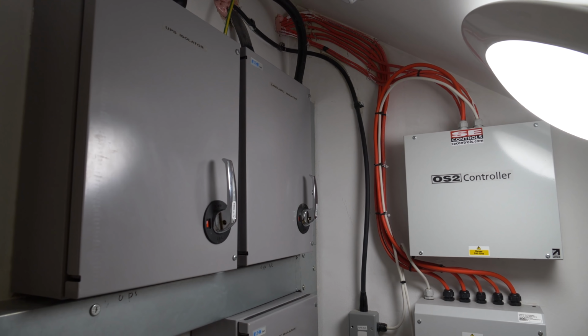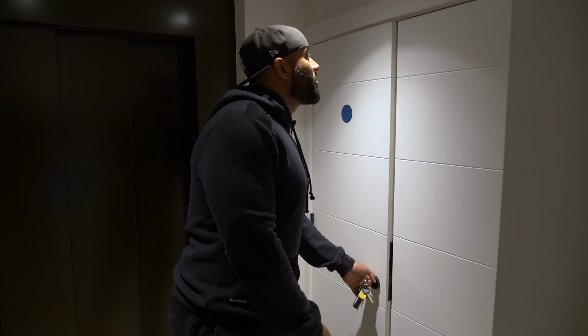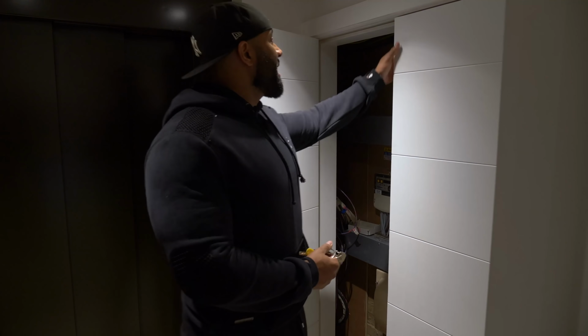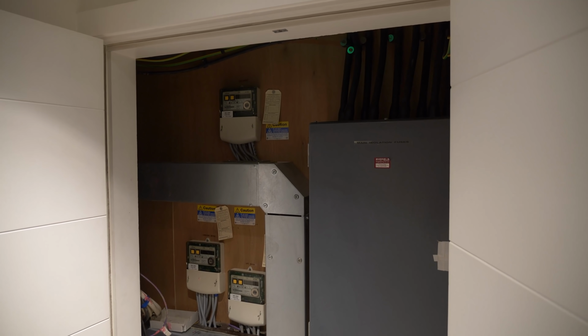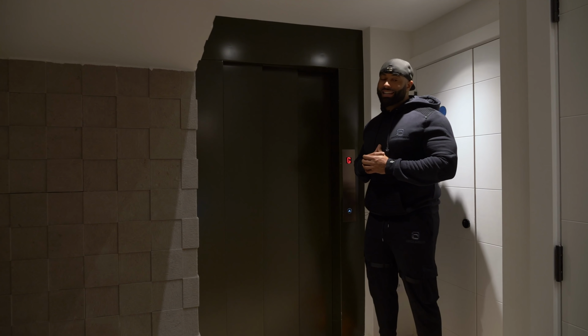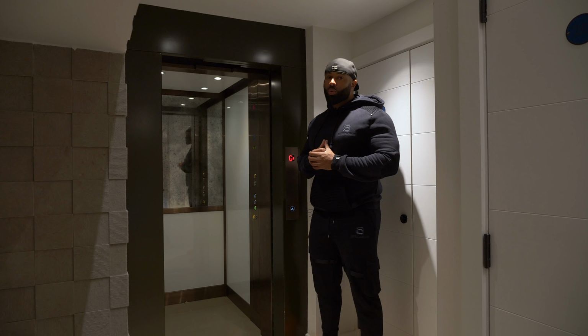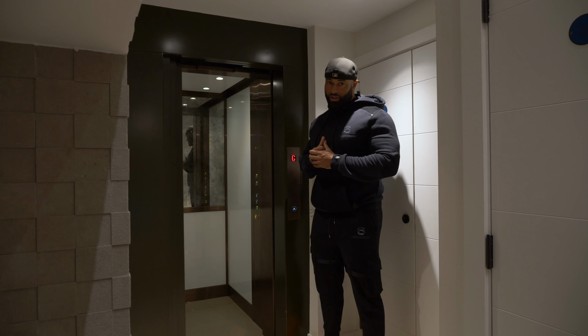Let's have a look inside. If I remember correctly, in this cupboard, we have the main isolator for the incoming power. When we started this project, the lift was already in place, but it was dated and very tired. It needed some TLC. So after discussions with the consultants and the client, we decided to refurbish the existing lift because mechanically,